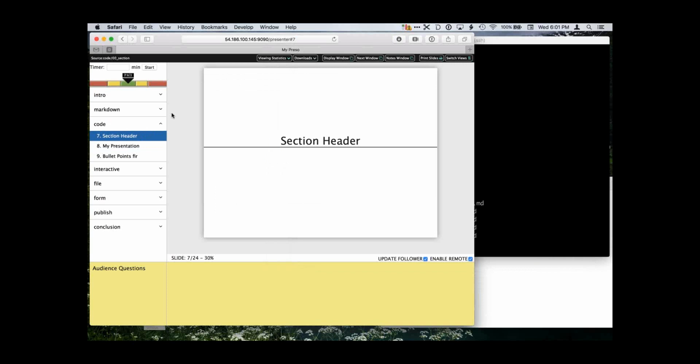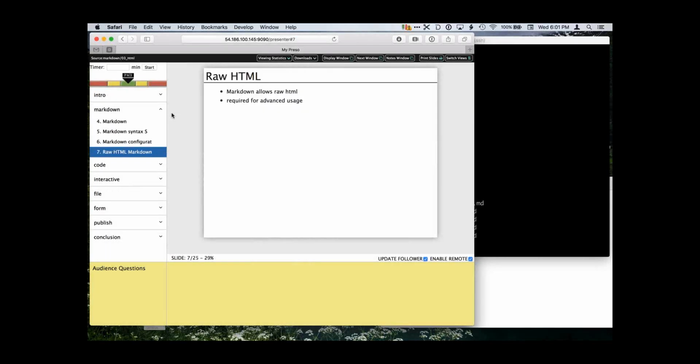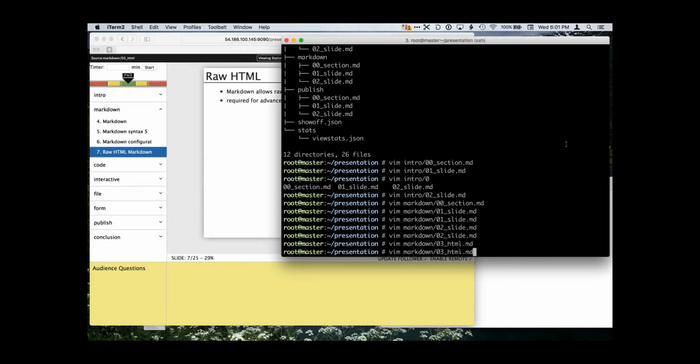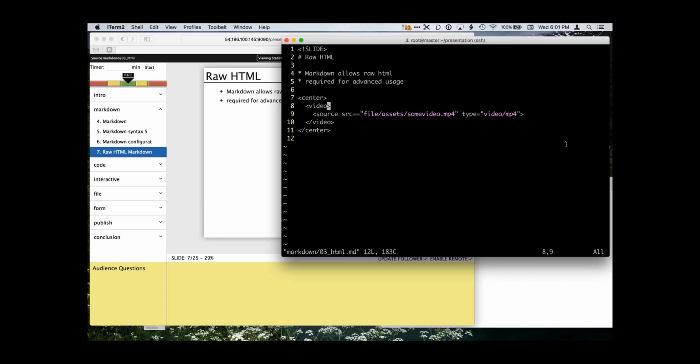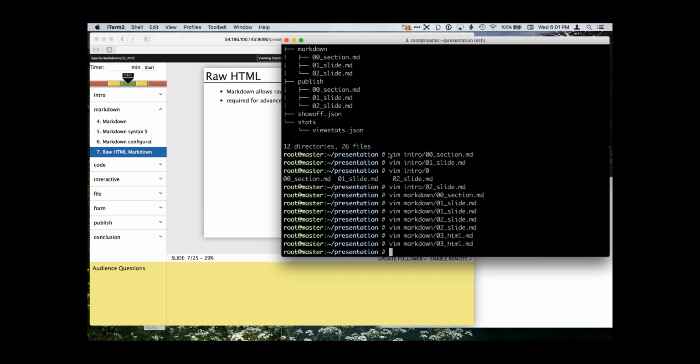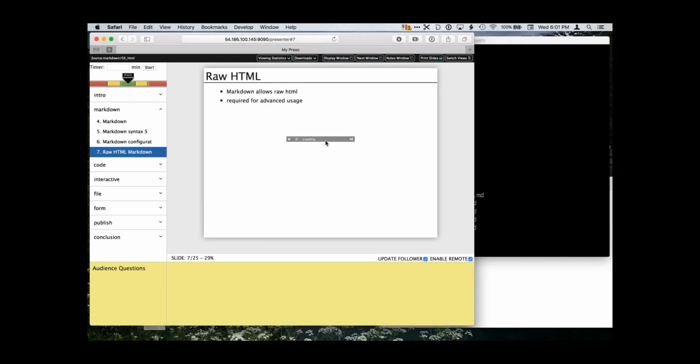Now, because I didn't upload it, you're not going to actually see it. Let me put controls on there so you can actually see it. It says it's loading and it's failing because there is no such video file at that place.